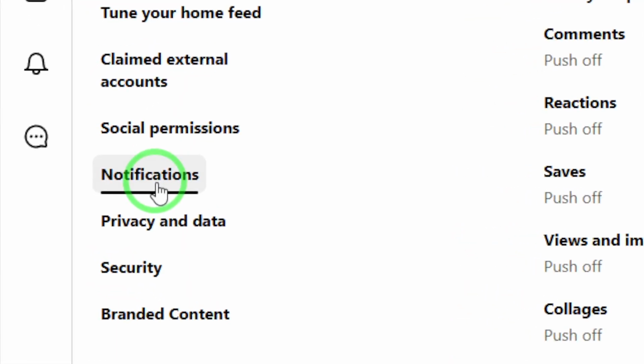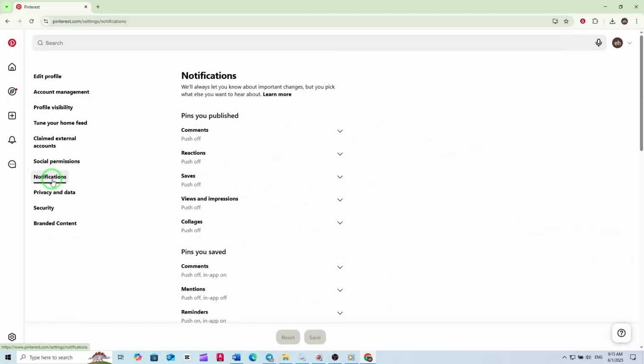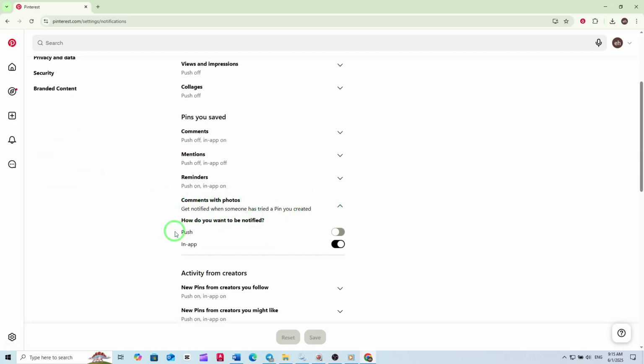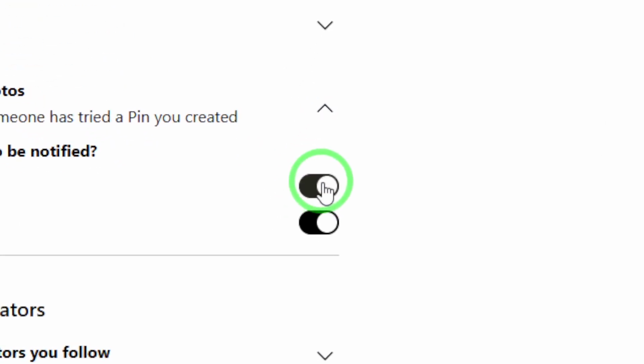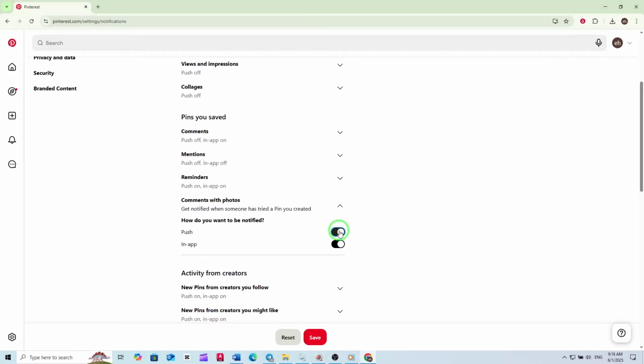Inside the Notifications section, scroll until you find the option labeled Comments with photos at pins you saved. This is the feature that lets you know when someone interacts with your pins by trying them and leaving a photo comment. To make sure you get notified, simply enable the push option next to it. This will allow Pinterest to send you push notifications directly to your computer whenever someone tries your pin and comments